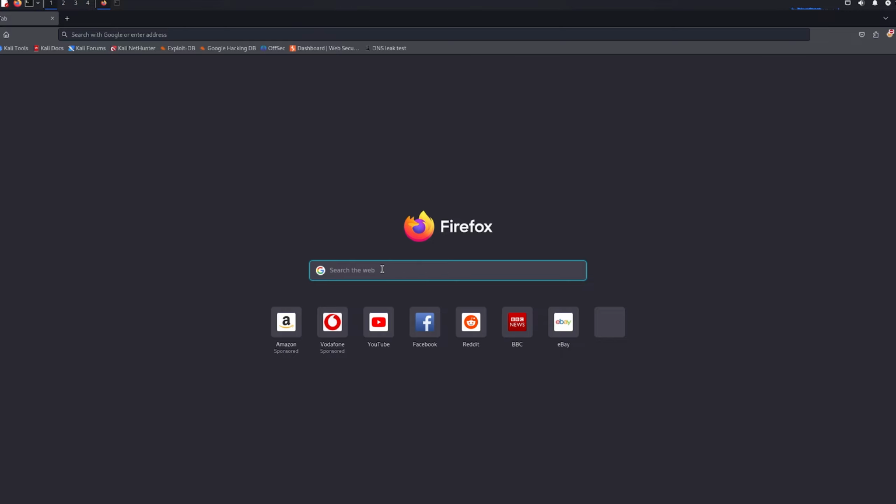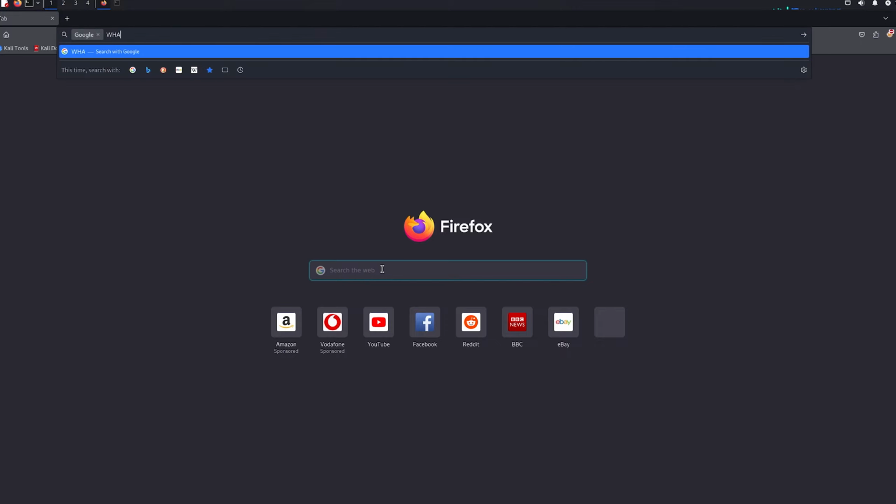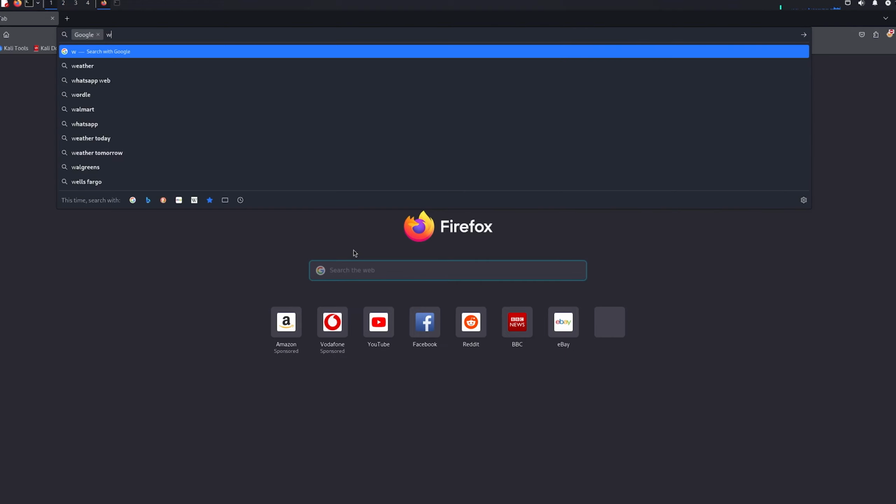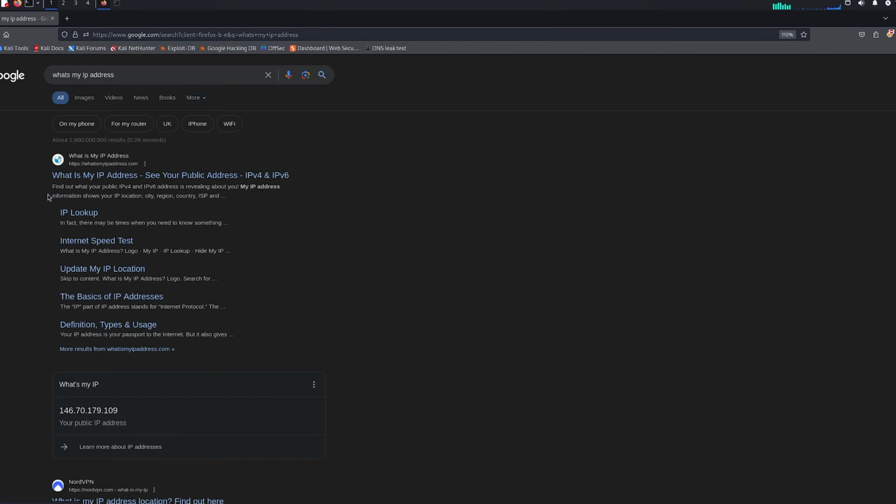And how do I get this IP address? All you need to do is go to a website, because you can't really check your IP address through your computer, right? You technically can if you write a Python script. I've done it before. I can also provide it to you, but we're just going to use a website. What's my IP address? If you type this into a website or your browser,